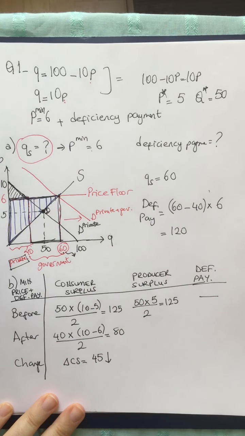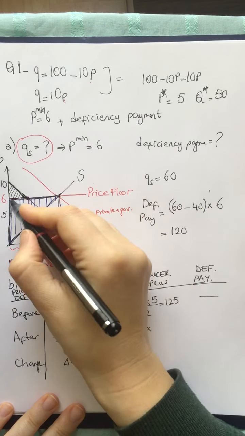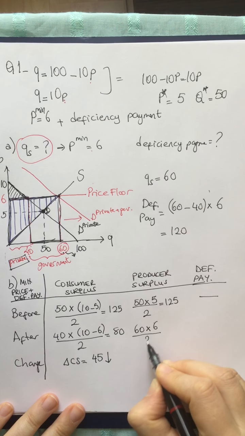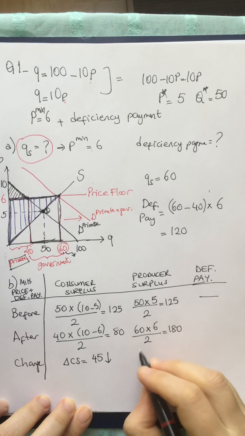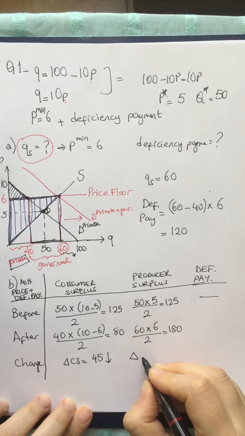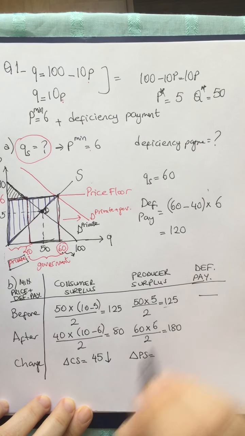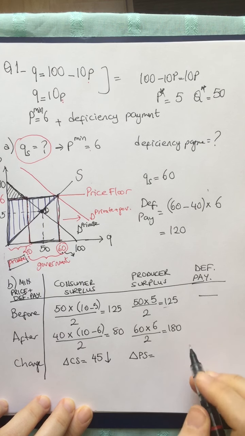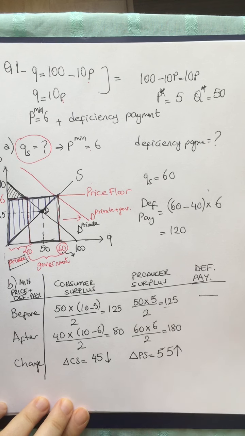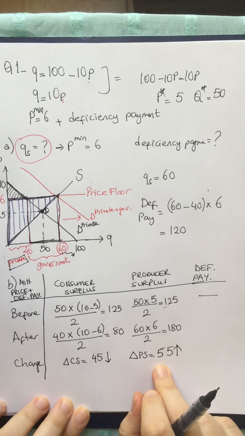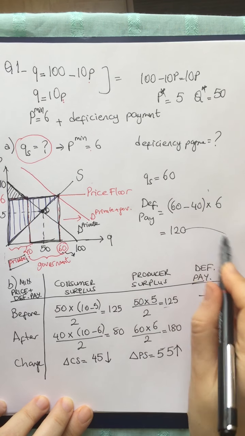Base 60 times height 6 over 2, which is 180. So the change in producer surplus in that case, it was 125, it is now 180, so a 55 units increase. There is a 55 units increase in the producer surplus, and the deficiency payment, which we found before as